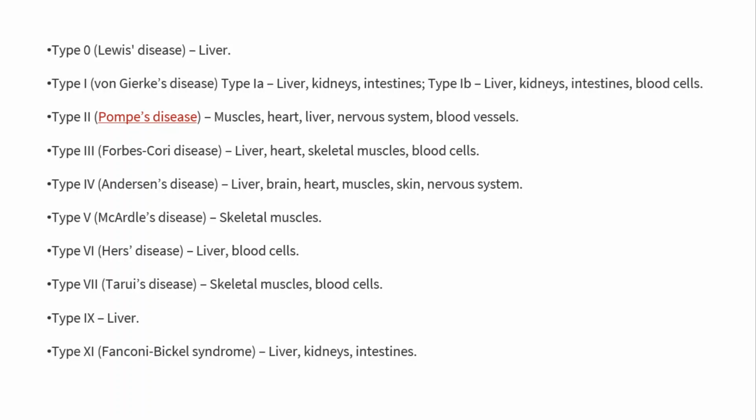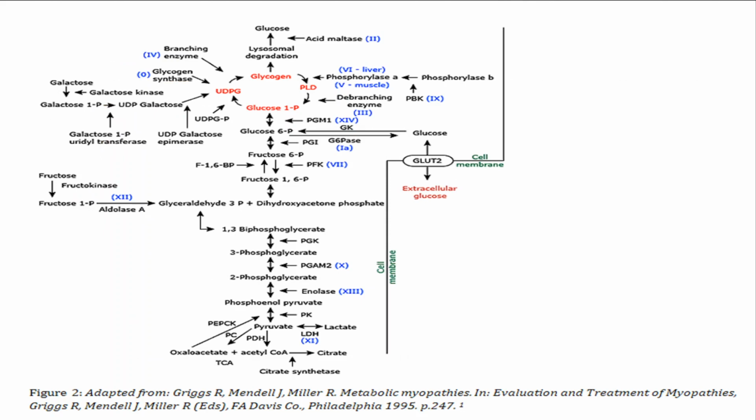And next, these are all the glycogen storage diseases and their corresponding names. They have given other names to these glycogen storage diseases, with scientists' names: type 0 as Lewis disease, type 1 as Von Gierke disease, type 2 as Pompe's disease, like this. You can take a snapshot for your education, because these other names can be asked in GPAT as well as in your final examination papers. Next, you can take a snapshot of this particular picture, because you can clearly see which diseases are seen with which lack of enzymes.